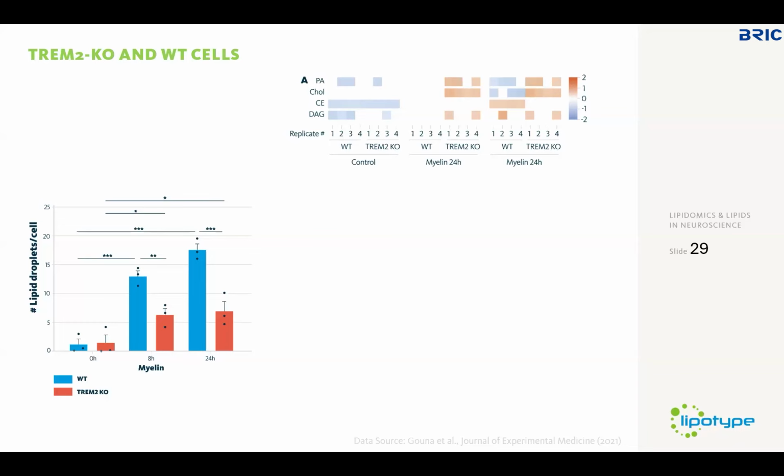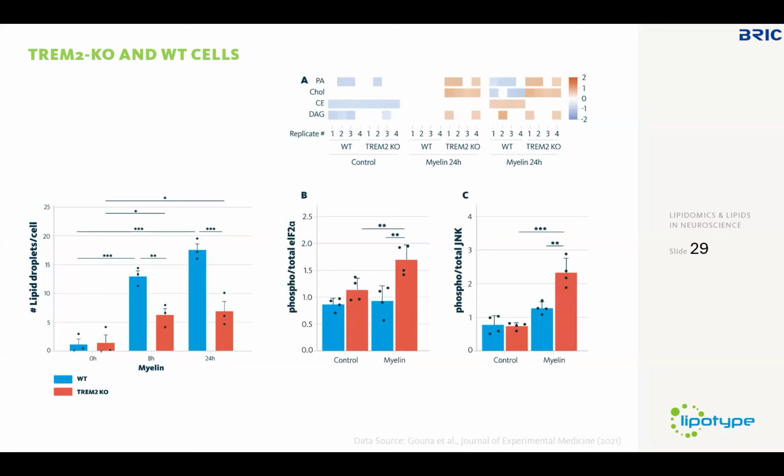And the accumulation of phosphatidic acid in TREM2 deficient phagocytes points to the decreased activity of particular phosphatases, which catalyze the conversion of phosphatidic acid to diacylglycerols. We also saw evidence of ER stress. This, of course, was not done by mass spec, but probably by Western blot. I'd have to double check, but in principle, in these cells we also saw evidence of increased ER stress.